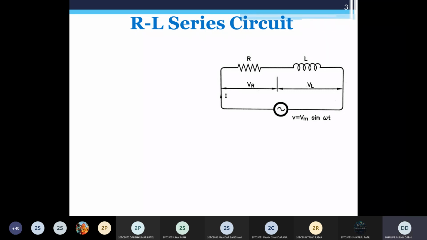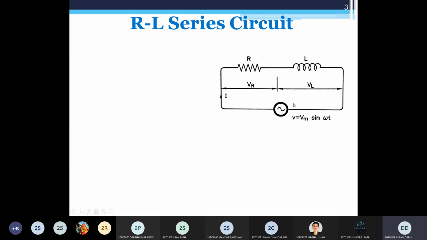Okay, let's first discuss what is the relationship between voltage and current if the circuit is purely resistive. Suppose in this circuit I remove this inductor and supply the same voltage to this resistor only. Then what is the relation between supply voltage and current flowing into this circuit? Is there any angle difference or phase difference? Zero angle difference. What is the phase angle difference? 0 degree? Yes or no? Yes, 0 degree.